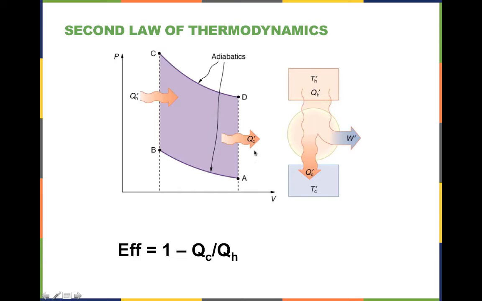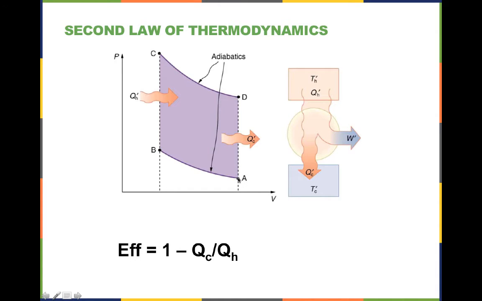Okay? And so what this shows is the area in here represents the work that's performed. You have a high level and a low level, and during two of these parts of the cycle,